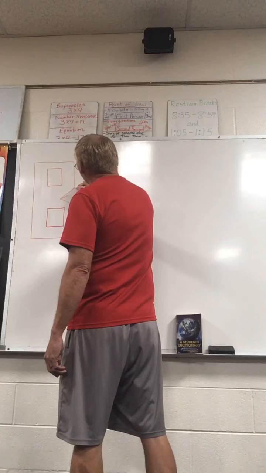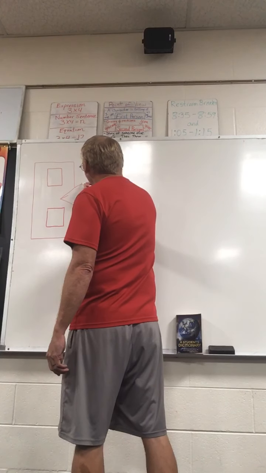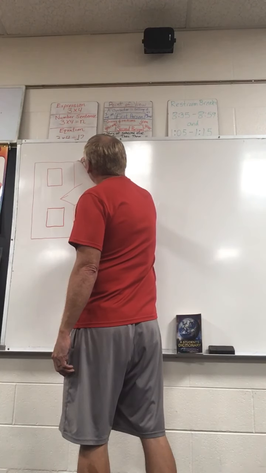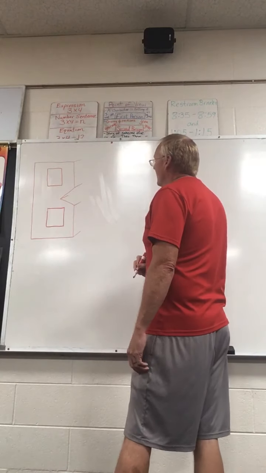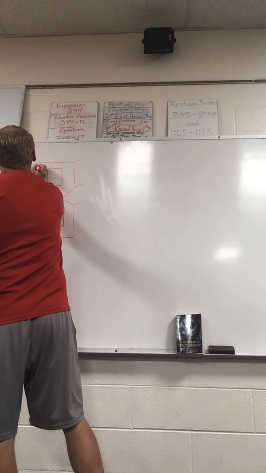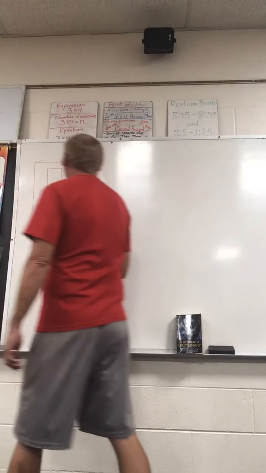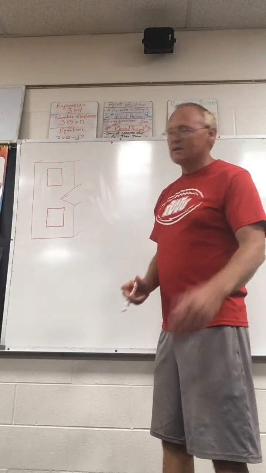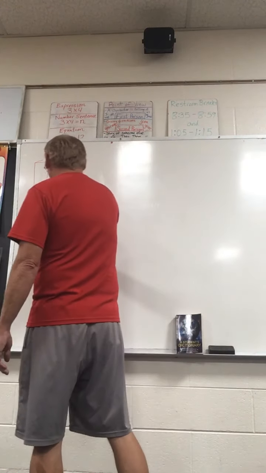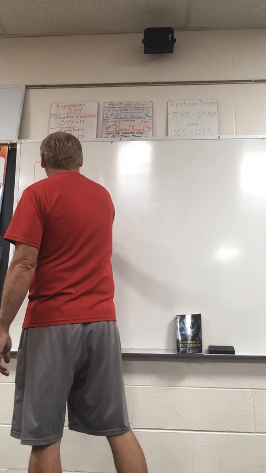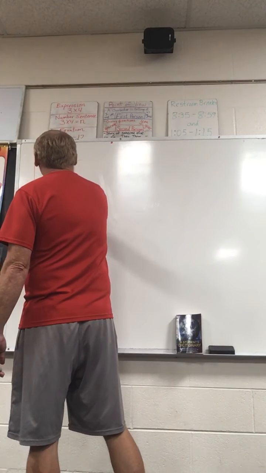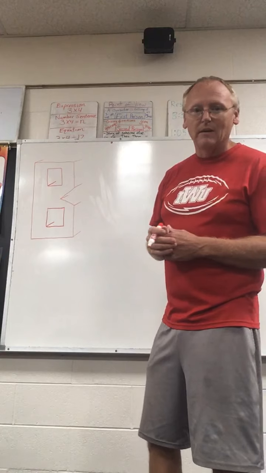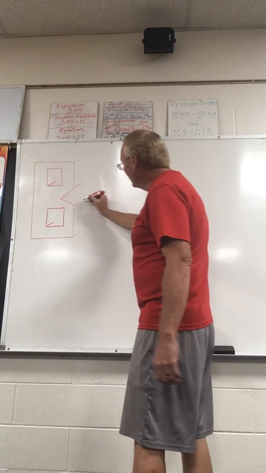One from this vertex here, parallel to the others. One from this vertex here, parallel to the others. And then one from this vertex up here that's parallel to the others. Okay, we still have a couple more that we need to add. We need to add one from this corner, also known as a vertex, and this vertex. So go ahead and put one of those short line segments there, and a short one here. And we're trying to keep them all parallel. They're not perfectly parallel, but at least if they're close to being parallel, it's going to help it look better. Now connect these two endpoints,